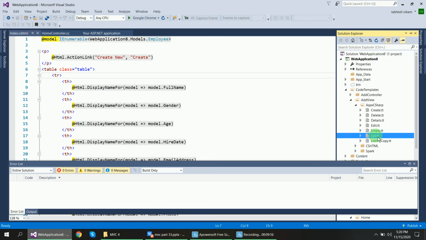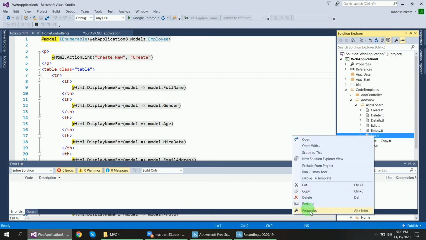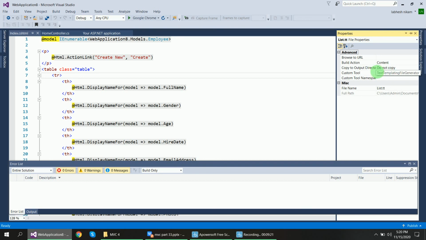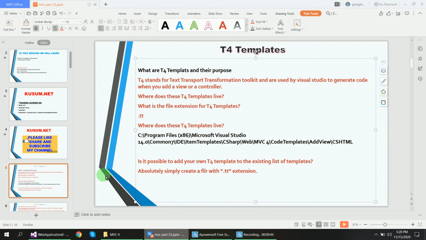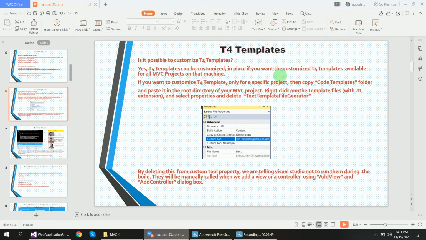You will right click on list.tt, go to Properties, and go to the Custom Tool property and remove its name. Then you can get the default template, whatever it was before. So to use the default template, you have to remove the custom tool property. I have mentioned that in this slideshow.